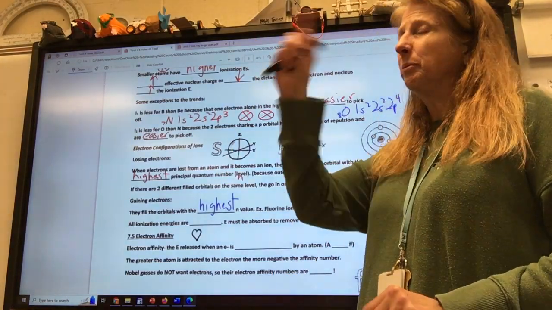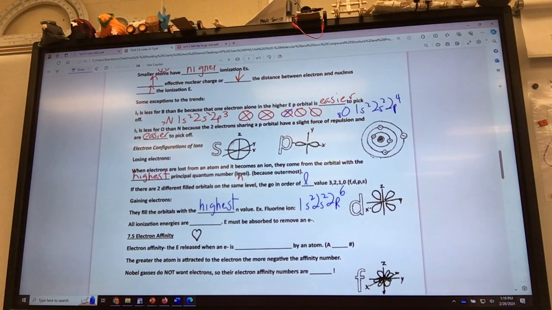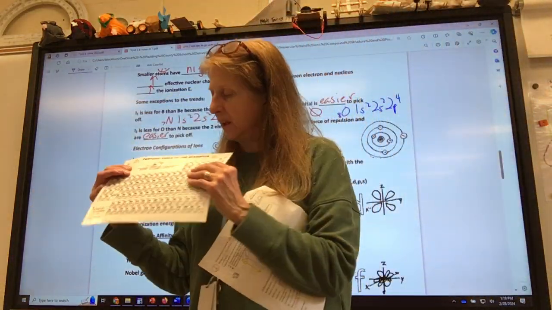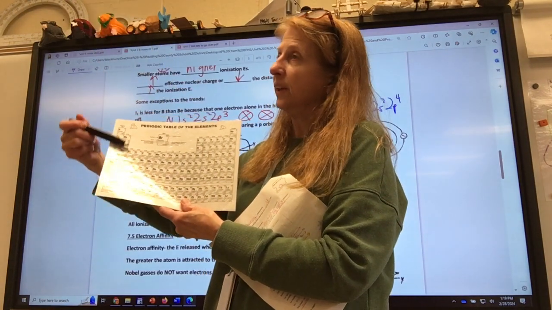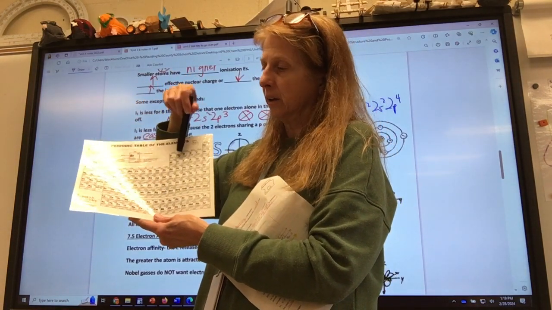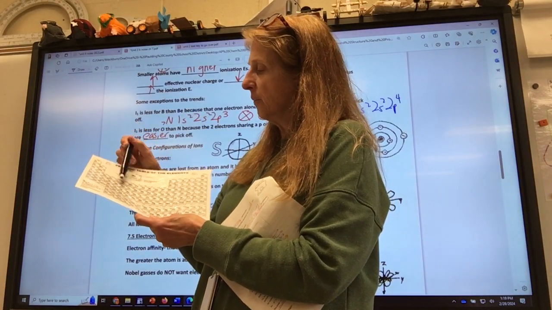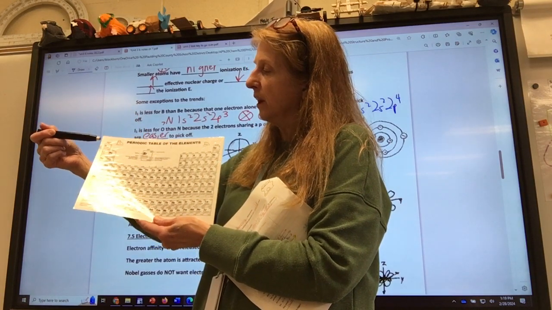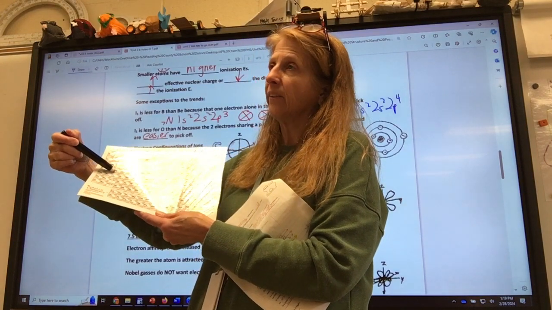No. Use the periodic table. Don't do that. Here, I'm going to do it on a little periodic table so you can follow it. People get those lines off and then they miss every single problem. The periodic table, the reason why it has the shape it does is it tells you the order. So this is the S block. See how there's an S written over these two over there? This is the D block. This is the P block. And this is the F block. You just go left to right and it tells you the order. So the only difference is the levels go 1, 2, 3, 4, 5, 6, 7 here. But here they start with 3. Scandium is 3, not 4.